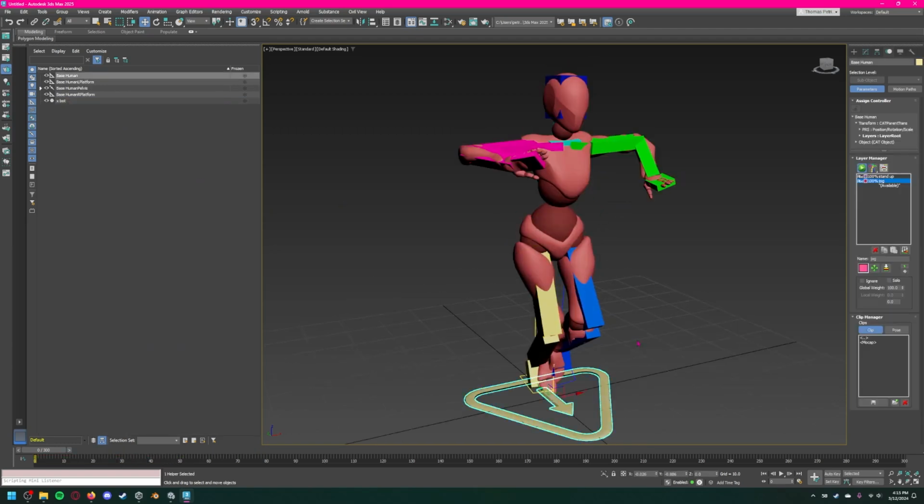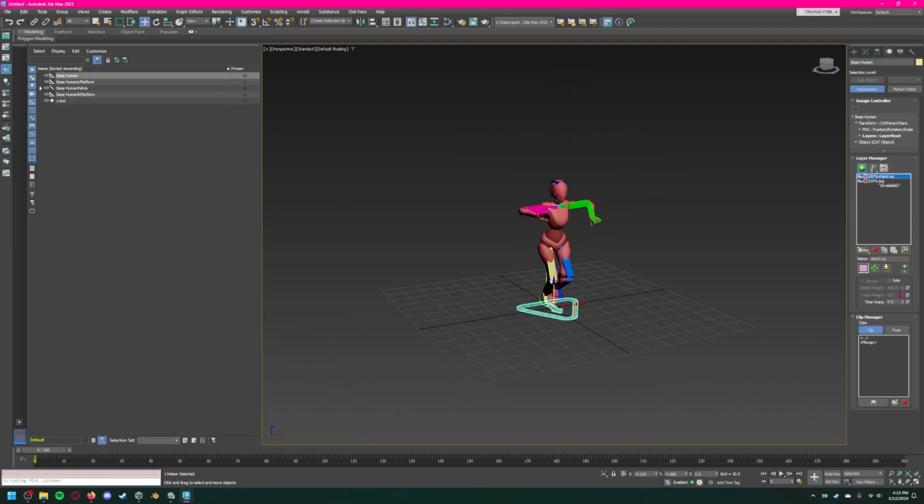Okay. So now I've got him with two layers. Standing, which I think finishes at 95 frames. Yep. And jogging, which starts from 0 frames and ends at 77 frames. 77 frames long. Okay, so to separate these on the track so that we can see them,